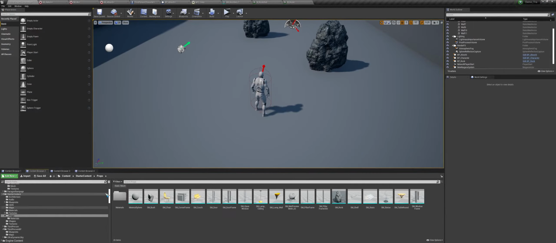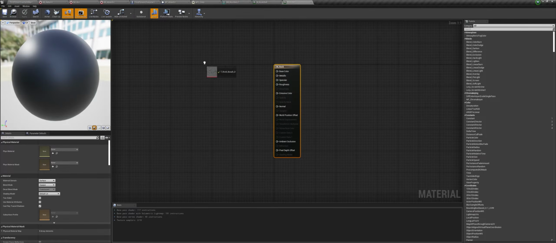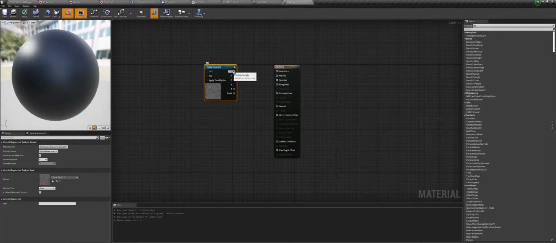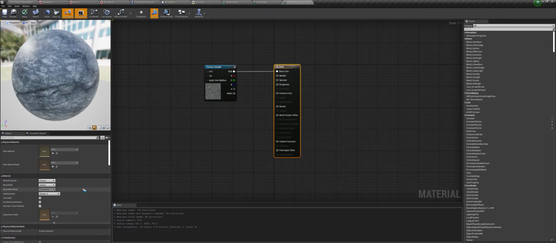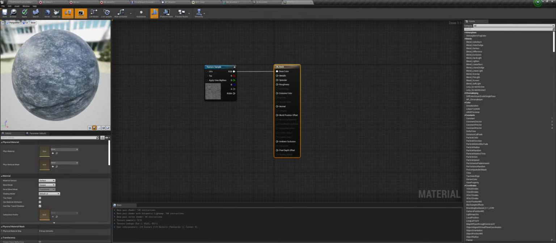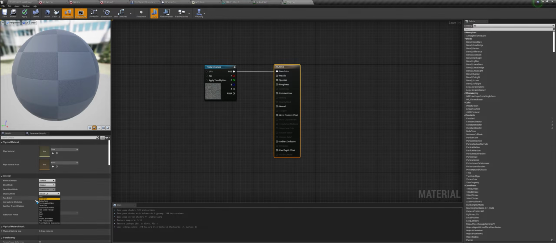So I will just bring in a rock texture like this one, and bring it here and connect this to the base color. So now this is a lit material, which means that light will affect it. If you have a normal map, it will be even better looking, but that will also add rendering cost to our material. So if you want a simple material, you can change this to unlit